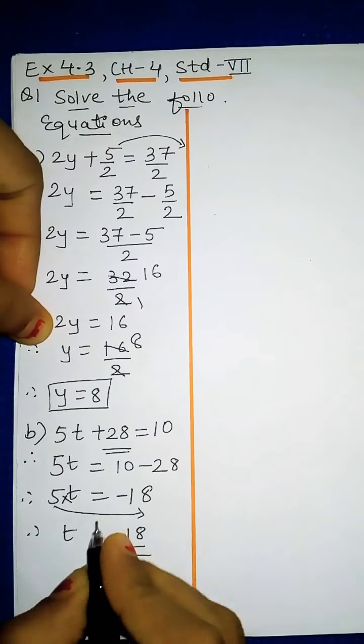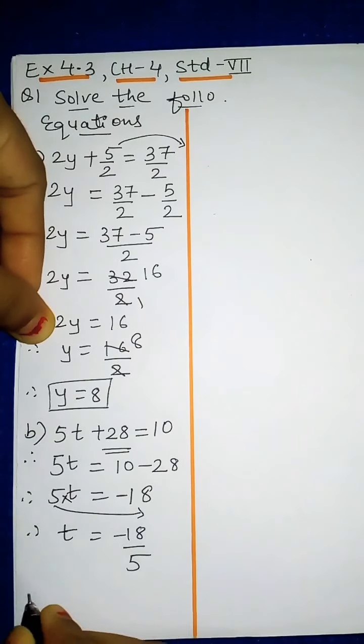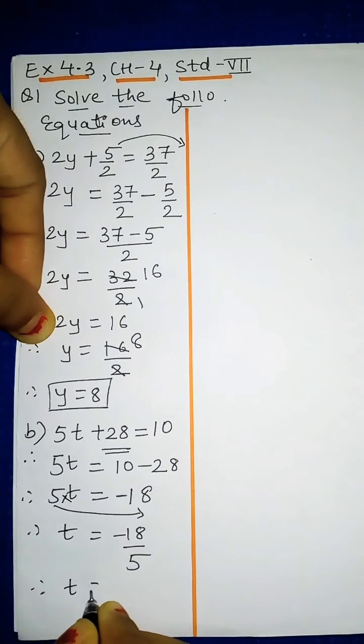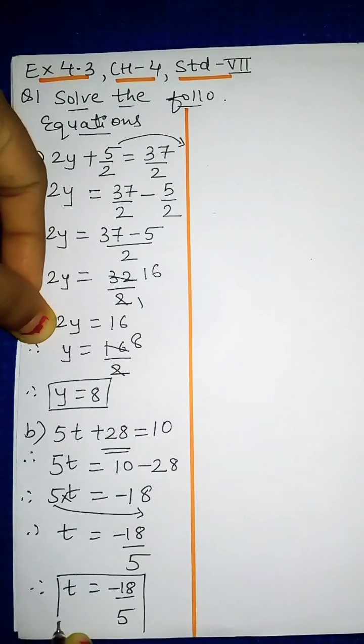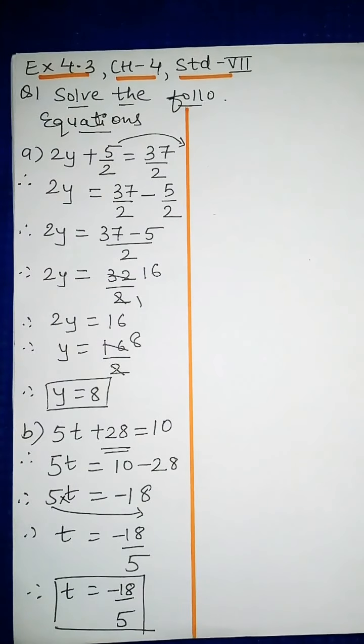Okay, and we got... Now no number is left, and here cancellation is also not possible. So this is our final answer, minus 18 upon 5. So this was the second one. Now the third one is